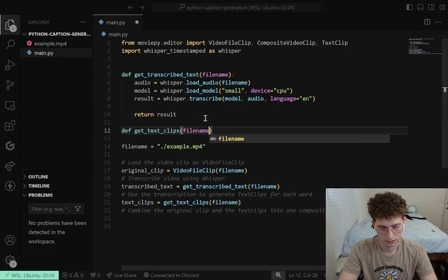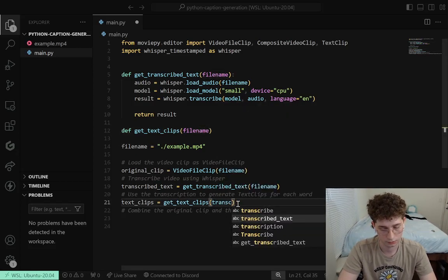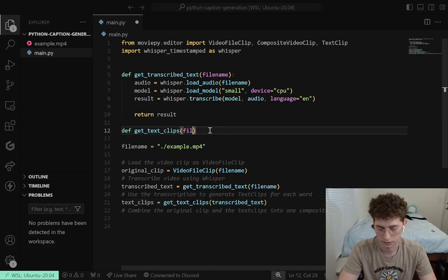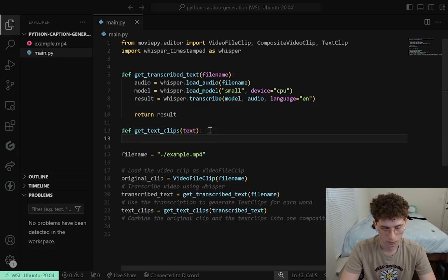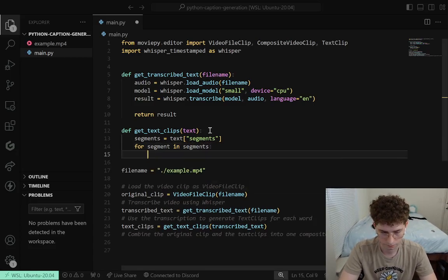It takes in a file name. Oh my gosh, sorry guys, it doesn't take in the file name. It should take in the transcribed text, and I'll just call this text for simplicity's sake. What we're going to do with the text is get the segments from the dictionary. Then for each segment in this big segments array, and then for each word in the words property of the segment, because the words attribute of segment stores an array of word objects, so for word in segment words,